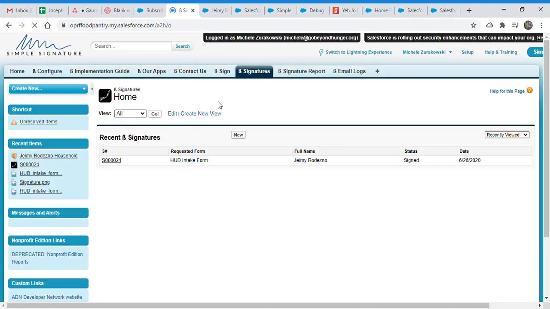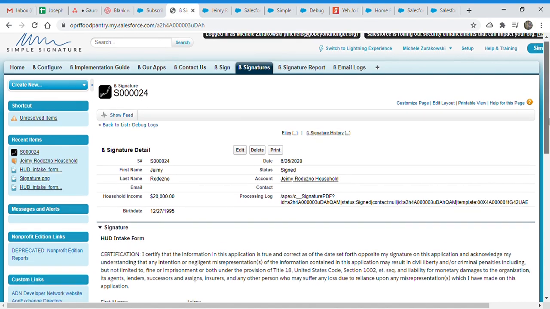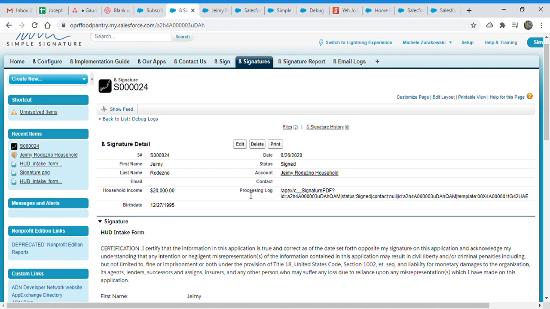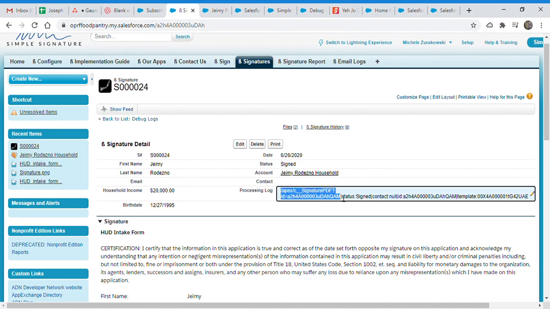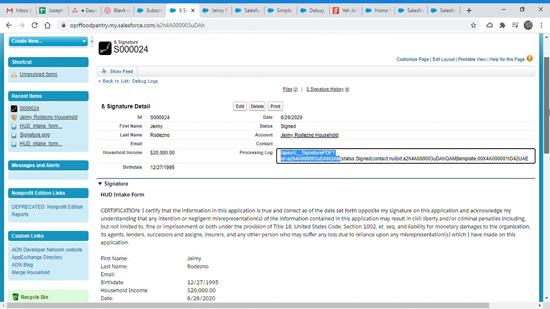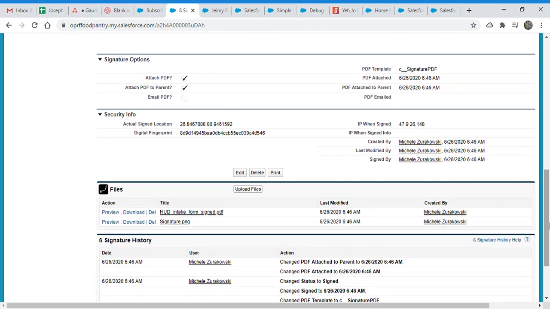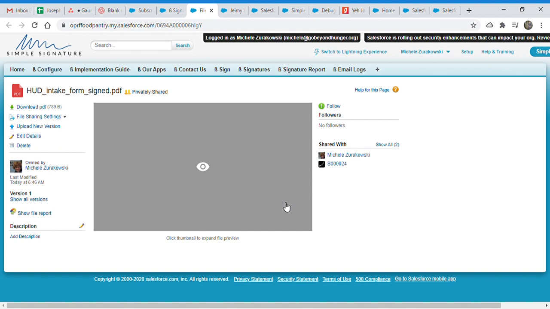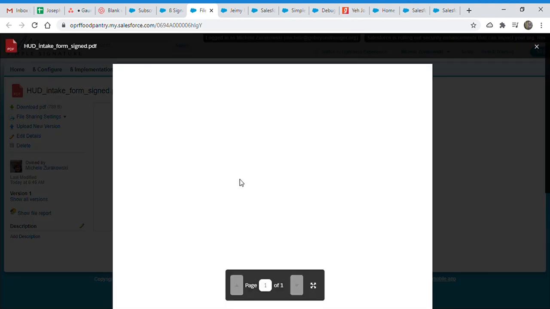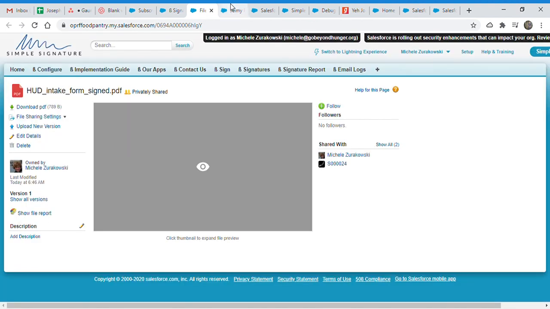Okay, so there must be a record. It's 24. I tested 5-6 times, and I just put this field here for now. You see this is the log, and this is showing the URL used to get the PDF. This is actually our page URL, right? And I will look into the code and show that everything is working. So the PDF is blank, so the issue is right there. Okay, now let's go back and see the PDF.